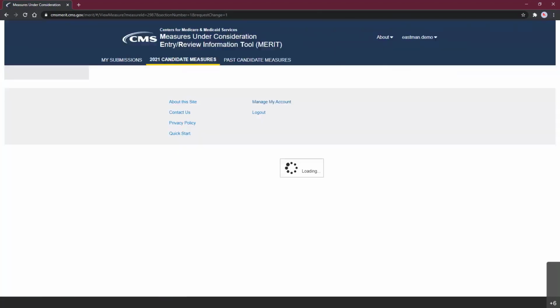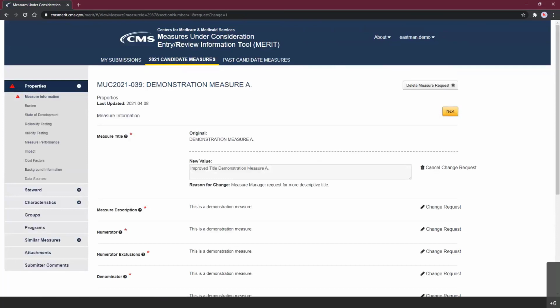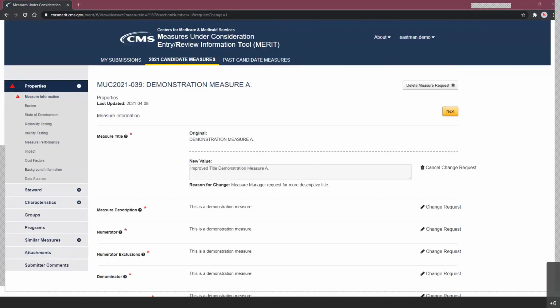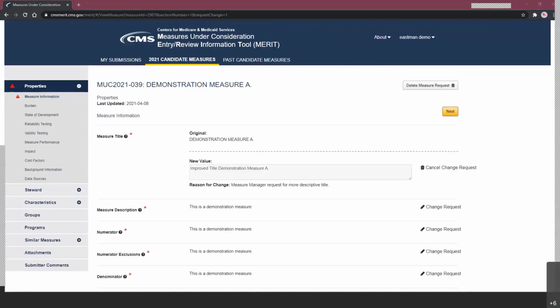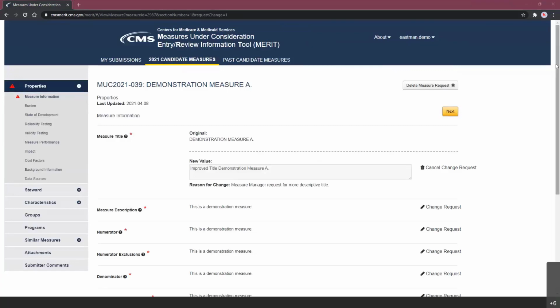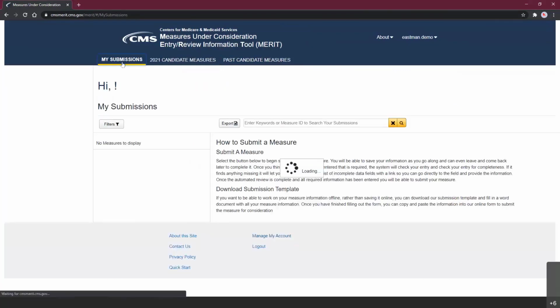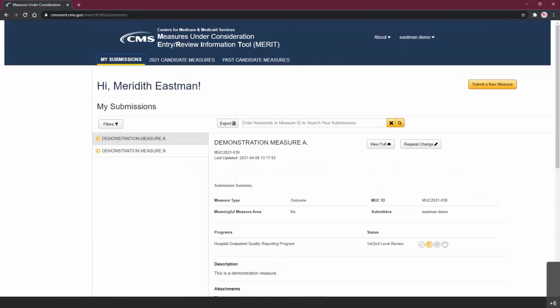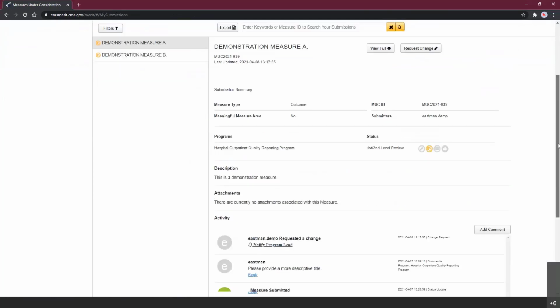Change request successful. So once I hit that button, the individual who requested the change will receive a notification, and then they'll be able to accept or reject the change and move the measure along to the next step in the review process. After I have made that change, I can also go back to the summary,